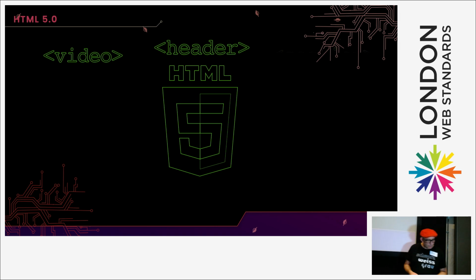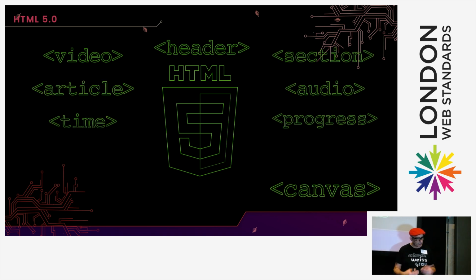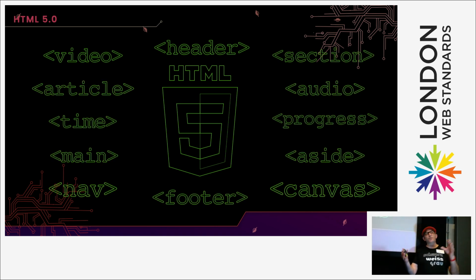So then we got HTML5. This was around about 2004. And what the W3 said was, let's look at all of the divs that are out there in the world and find out what the IDs are on those divs. And then they created these elements from them. They thought, oh, loads of people are putting a video in here. Loads of people are putting a section, a header, a footer. They said, right, let's turn those IDs into semantic markup. And that then came with ARIA roles and all things like that down the future. But I'm not here to talk to you about all of those things. So we got semantic HTML.